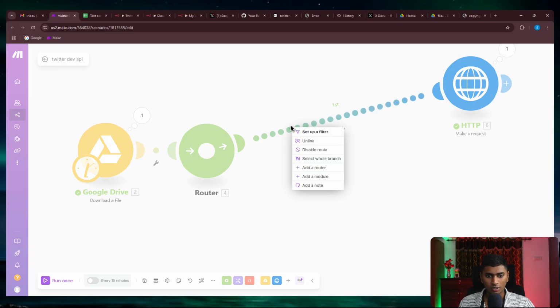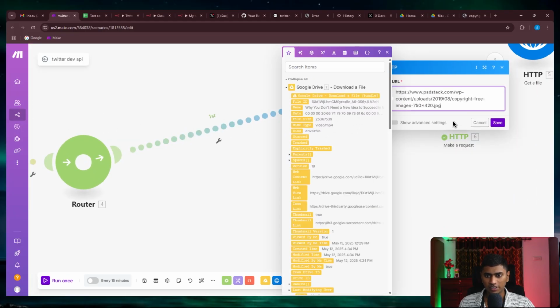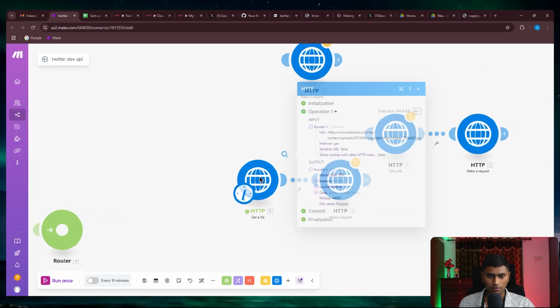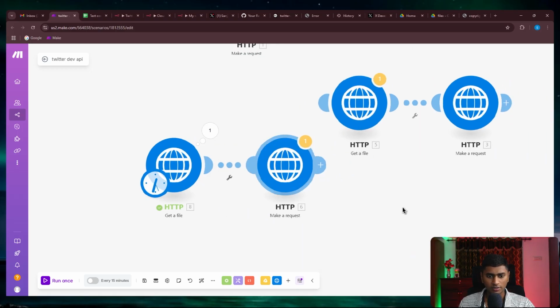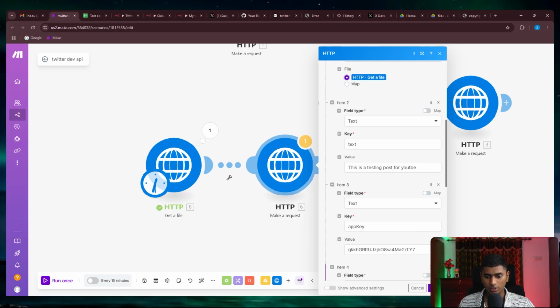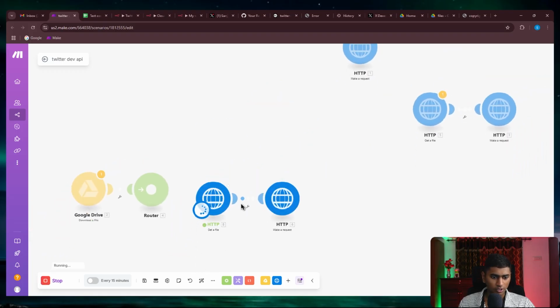So right now I'm gonna add a module, and I'll say get a file. So get a file basically downloads that file. So I'll unlink this, go over here, and you can see here we've got the buffer data. So now I just mapped the HTTP, this one over here, and I'll say run once,